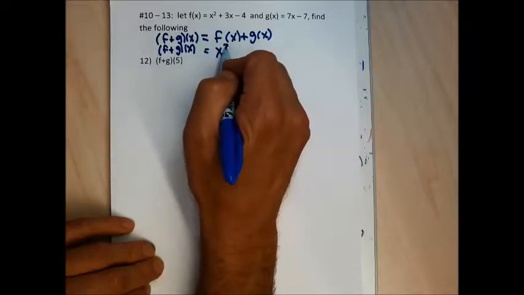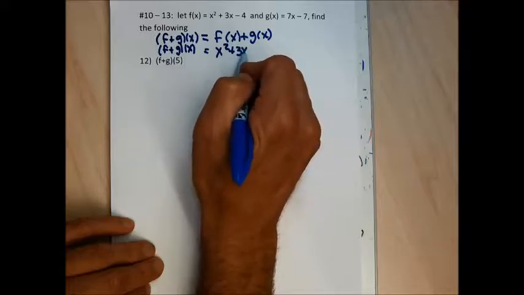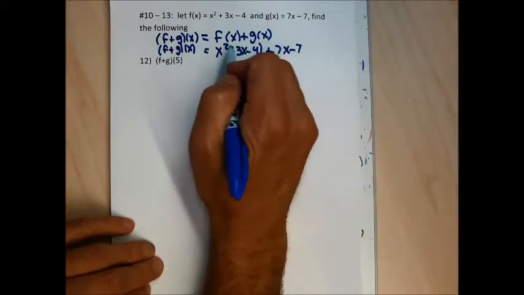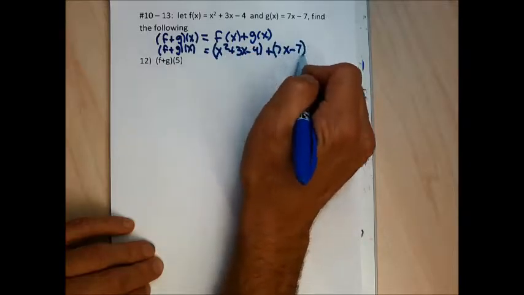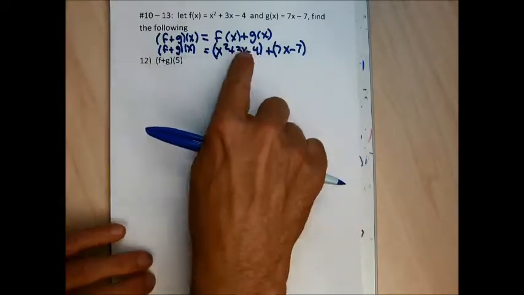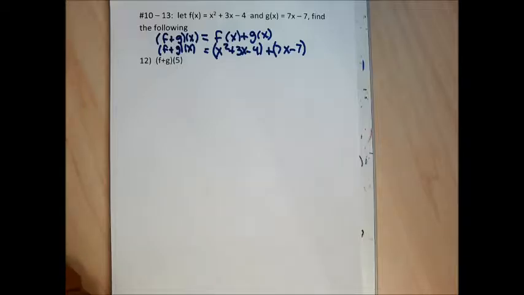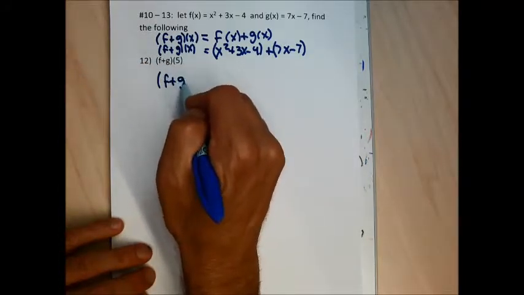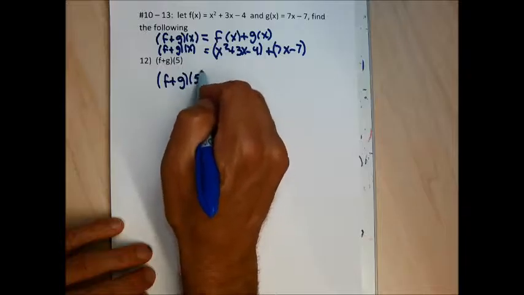squared plus 3x minus 4 plus 7x minus 7. Should probably put those in parentheses, although it's not really necessary when you're adding functions. So this is f plus g of x. I can simplify now, or I can simplify when I get a little deeper into the problem. In this problem, I have to plug 5 in for x, and I can simplify with 5s better than I